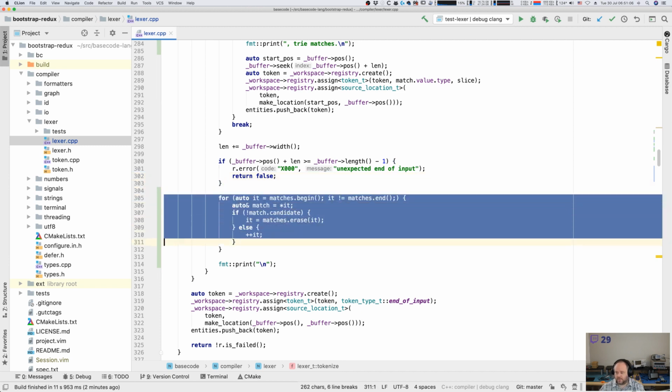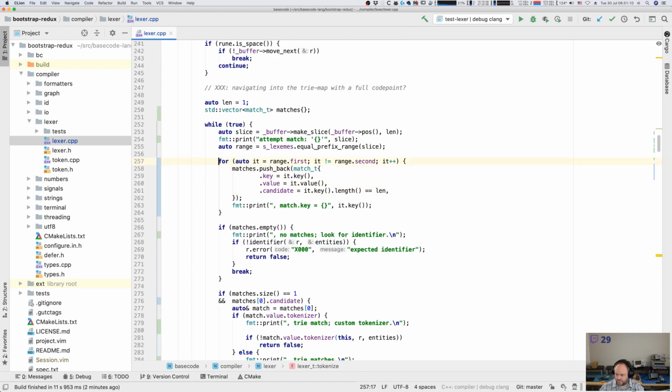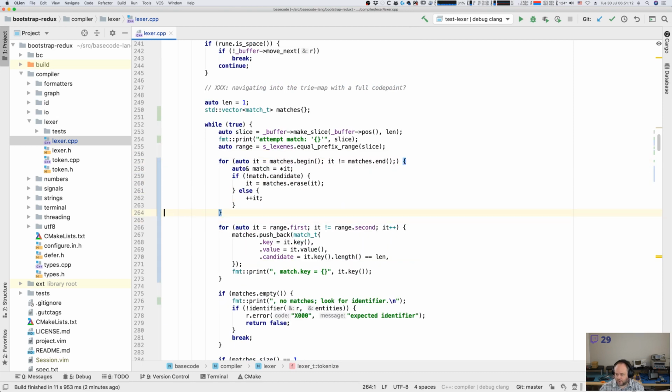So I think maybe the right place for this is just before here. And this is a little bit more complicated than just